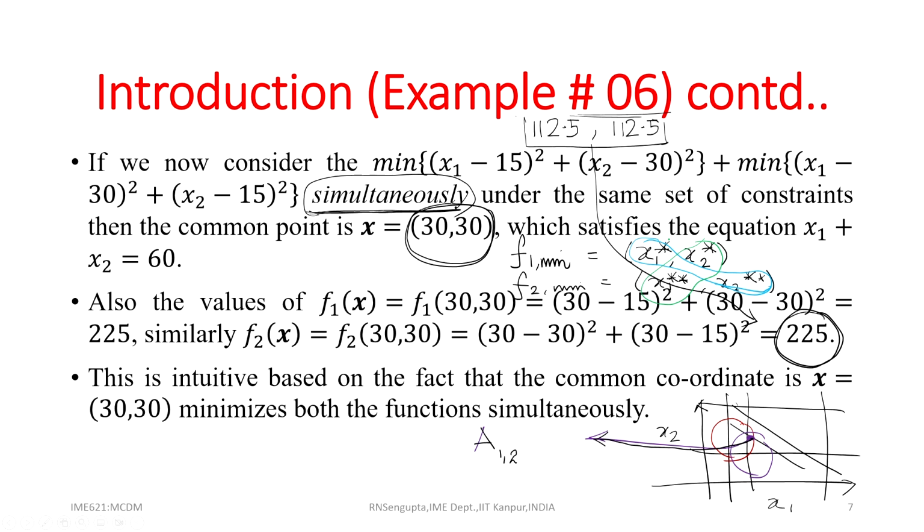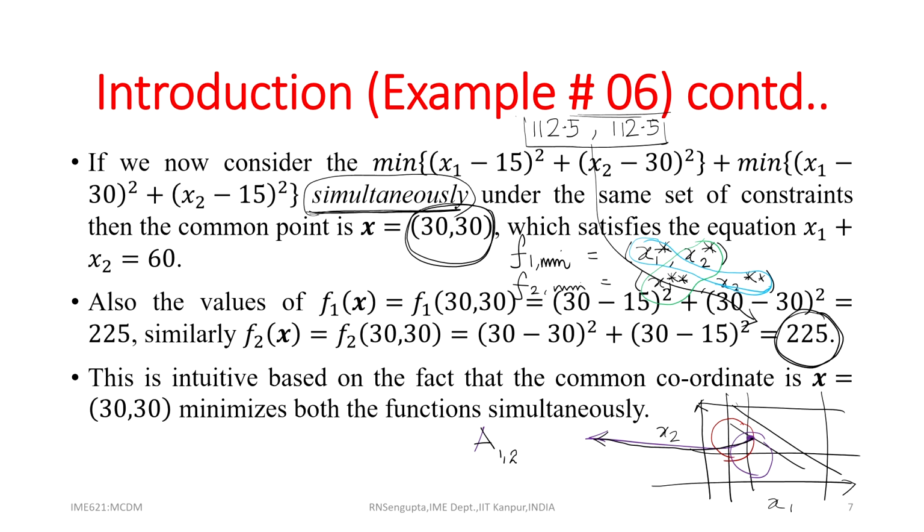Separately, but combined, very interesting, again the sum is basically f 1 minimum plus f 2 minimum, which is 225, and the coordinate system is no longer x 1 star, x 2 star or x 1 double star, x 2 double star. The point comes out to be 30 comma 30. This is intuitive based on the fact that the common coordinate in x, which is 30 30, minimizes both